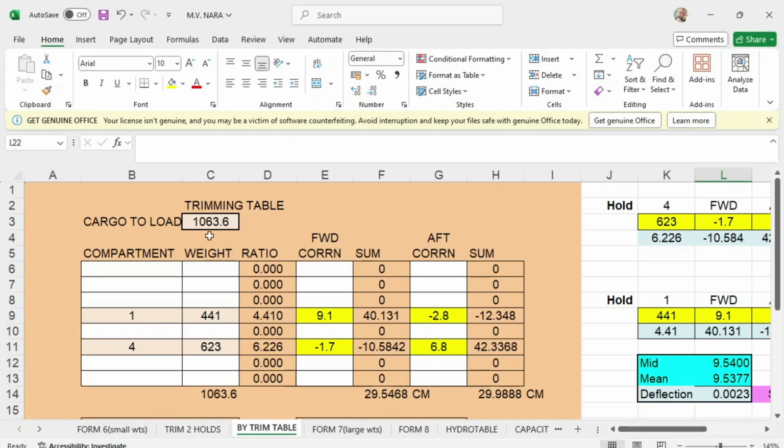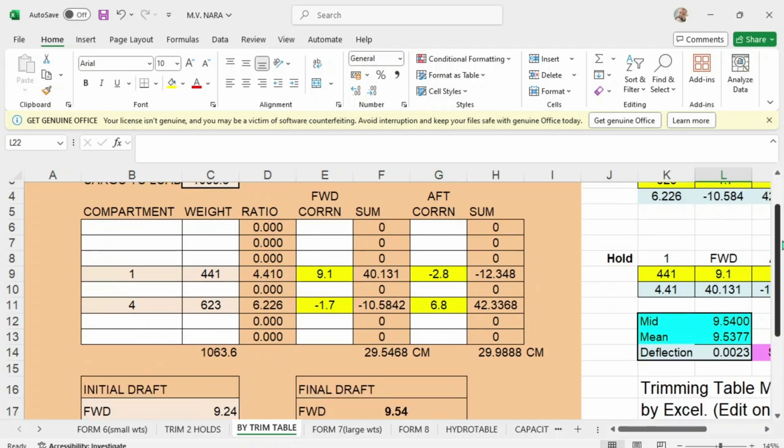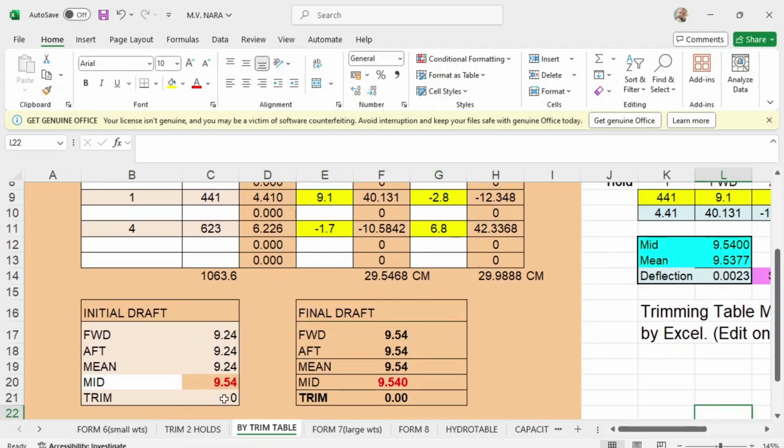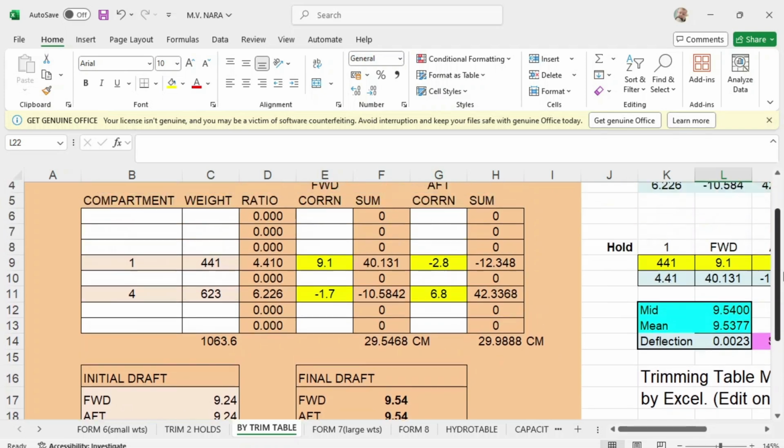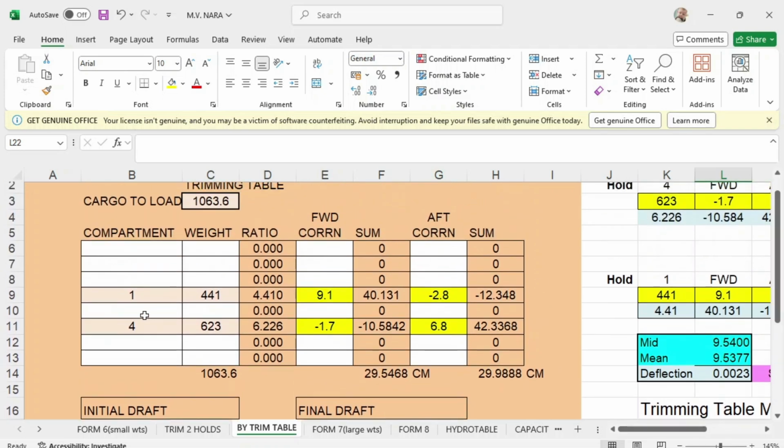So take note of the remaining cargo to load is 1063.6, and this is the initial drop. Even keel 9.24, and in number 1 we load 441, and we have applied the correction for hold number 1. For forward it will be 9.1, up correction is negative 2.8, and number 4 we load 623. The forward correction for hold number 4 is negative 1.7, and up correction for hold number 4 is 6.8, and